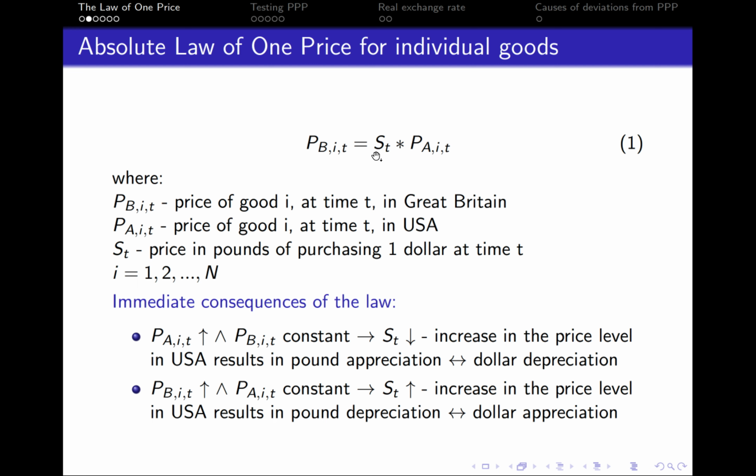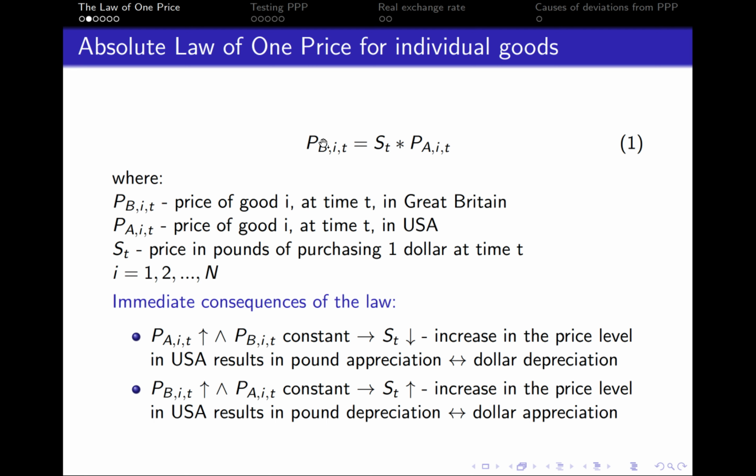In other words, we will see that as a result of a price increase in the United States, the pound is appreciating. We need to pay fewer pounds for $1, and the dollar is depreciating. We are receiving fewer pounds for $1. And of course, look, it works exactly the same